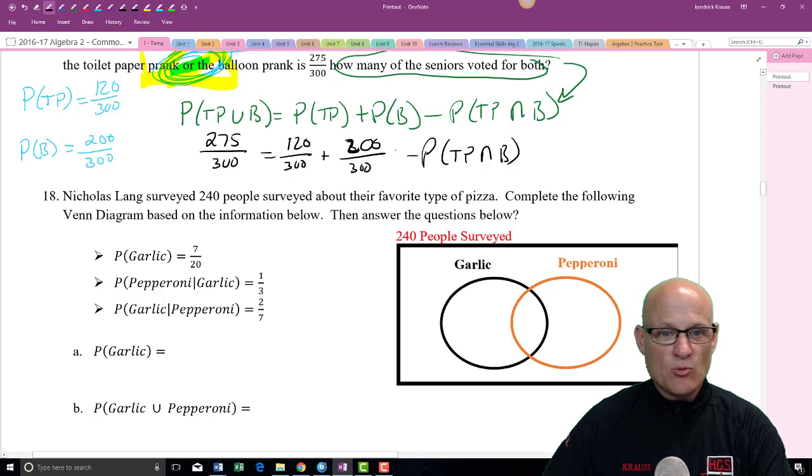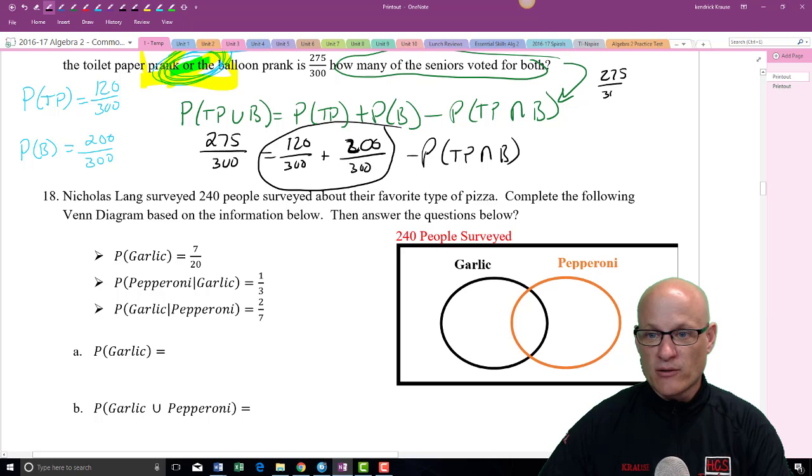Well, if I add these two up, I have no idea what I get. I'm going to guess you get 320. Oh, so 275 over 300 is equal to 320. This is a 200, right? This is what's bothering me. That's a 200, right? Yeah. So 320 over 300 minus the probability of toilet paper and balloons. Getting kind of ugly here. Subtract this, and I get